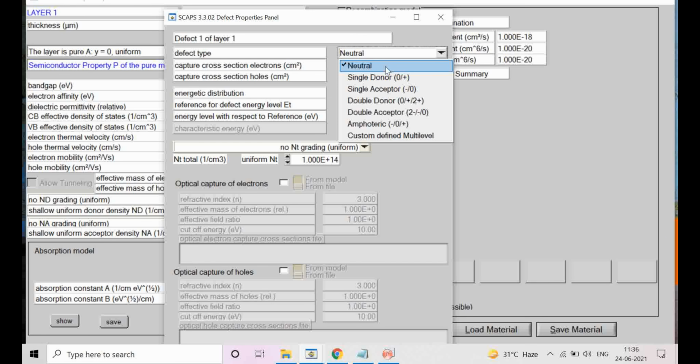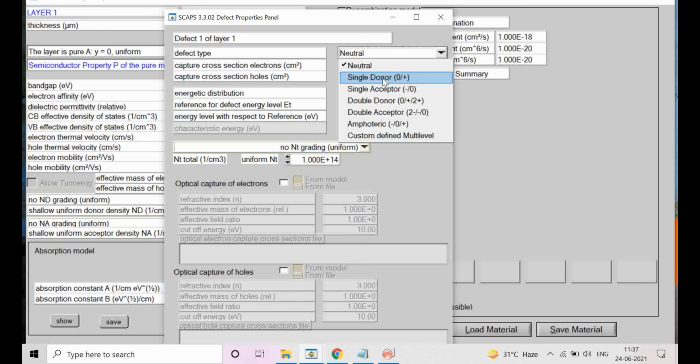You have to find out. I'm taking CdTe as an example, like the cadmium vacancy: how is it behaving, whether it is a single charge or has a double charge. These things will be reported. If you go for CdTe material studies or DFT studies of CdTe, you can find these parameters. Here, what I am doing is for your explanation, not the exact thing.